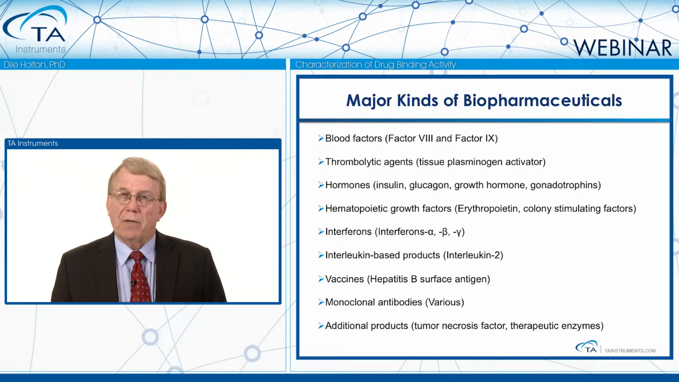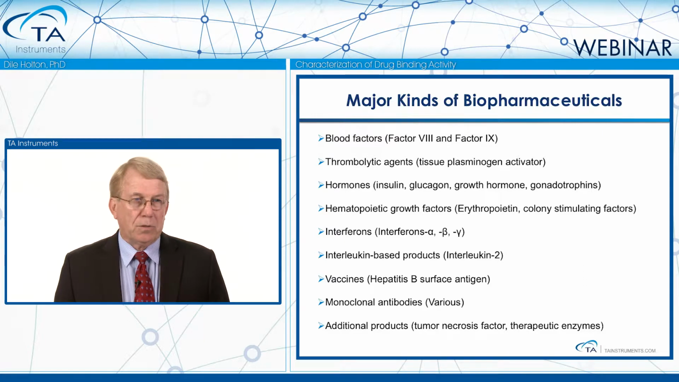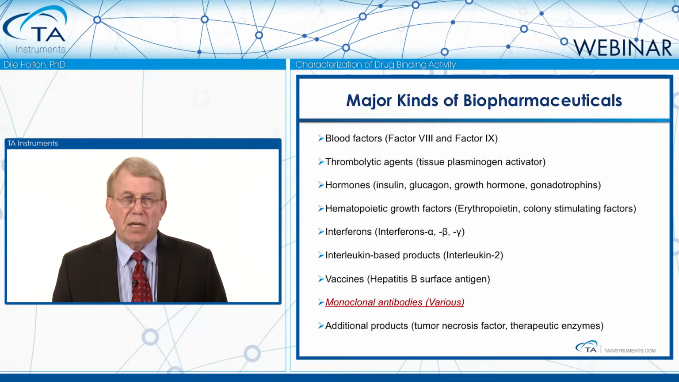Here's an example of the different major kinds of biologicals that we might be looking at. We're going to focus on a very small number of these, but looking at blood factors, hormones, interferons, all of those can be classified as biopharmaceuticals. The one we're going to focus on today is in red, the monoclonal antibodies. One reason is that they are active. They bind to their target, and we can measure that. It's something that we have instrumentation that's been developed recently that will allow us to do that very effectively and